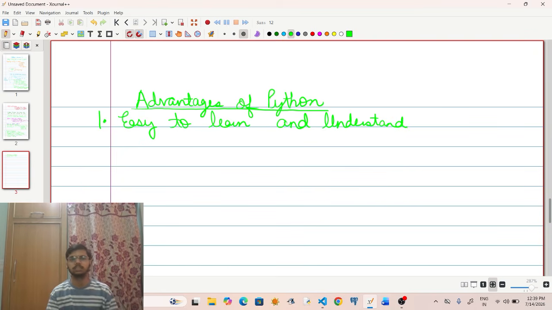This is because the syntax of Python, as going forward in the sessions, when you will study different topics of Python, you will see how closely it is correlated with the words in English. So you will appreciate how easy it is to learn it.